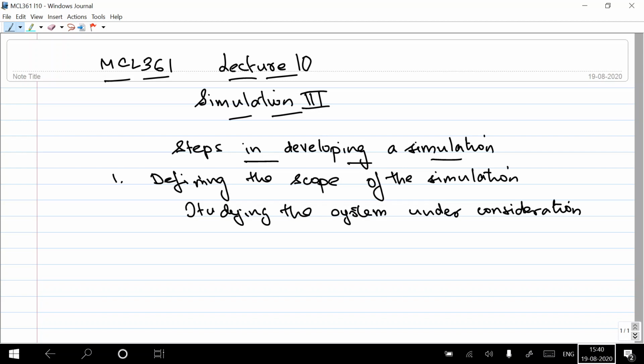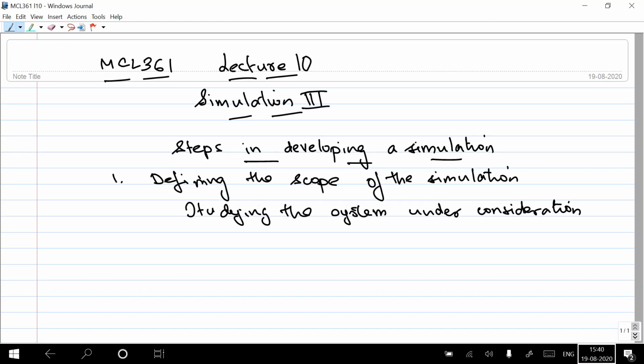Again, when you go and talk to the stakeholder, the hospital manager or the clinic manager, they will tell you, for example, that they are looking at understanding and improving their outpatient system a little better. So it depends upon what component of the system you are interested in modeling, and what component of the system you typically have an issue in. That said, it is also very possible that, for example, the hospital manager is familiar with the use of simulations to improve hospitals and hospital operations and so on.